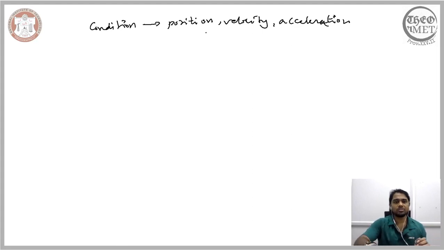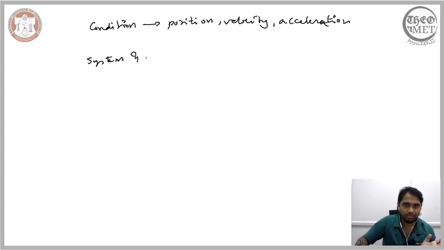In order to describe the condition of a given object, we needed certain variables. In the same way, since we have now described our system and the state based on this analogy,